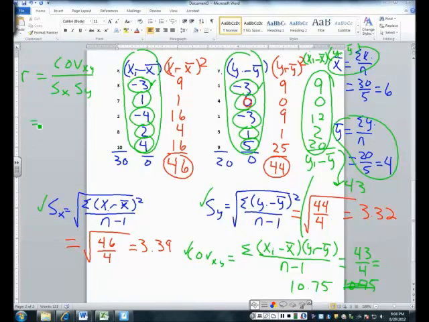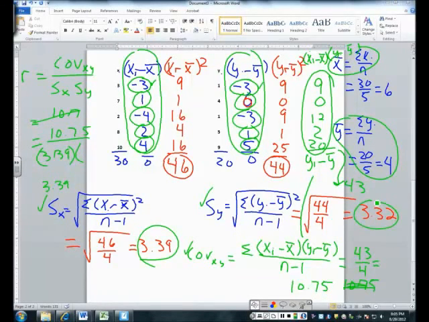So in this case, the covariance is 10.75, divided by the product of the two standard deviations, and we had one standard deviation here, 3.39, times the standard deviation for the y's, which is 3.32. And that all equals